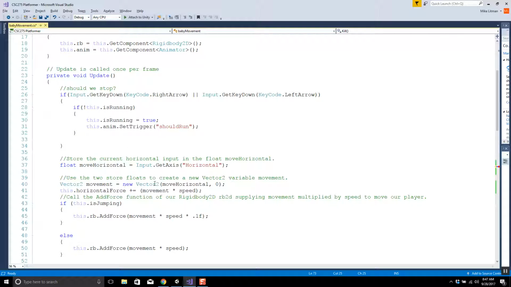Yeah, this is where we're doing our force for right and left movement, as well as